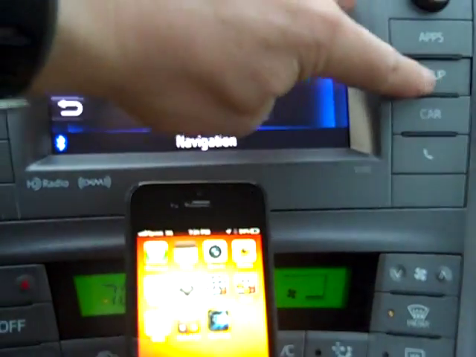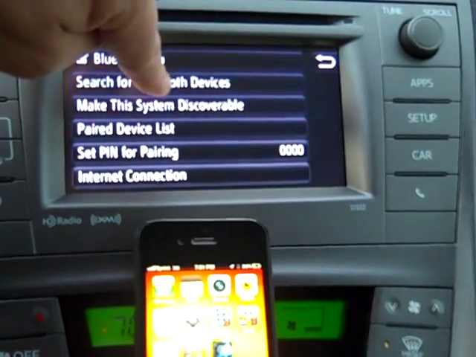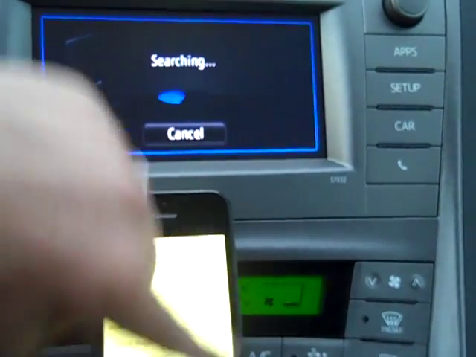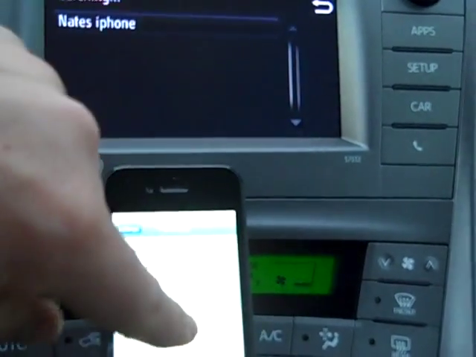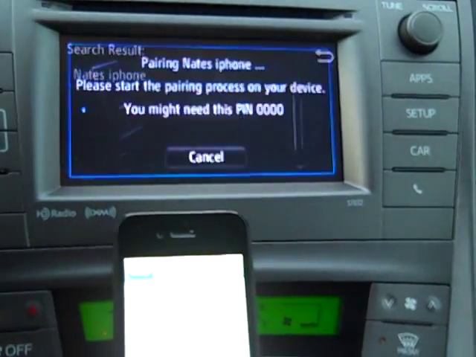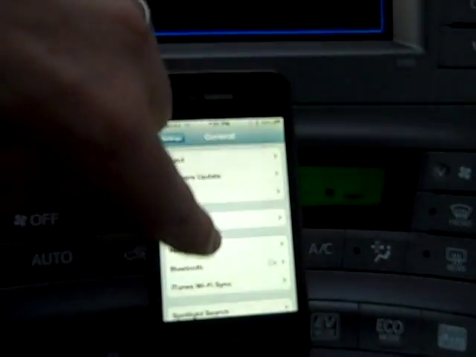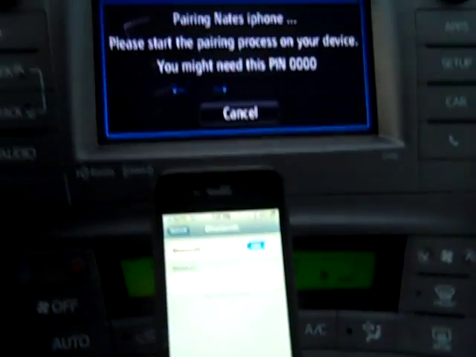First thing I'm going to do is go to Setup, Bluetooth, and search for Bluetooth devices from the car. That means I need to go into my device and make my device discoverable. So it would be Settings, General, and Bluetooth to get there. I'm going to select Nate's iPhone on the screen, and then on the screen of the phone it may or may not pop up a message because I'm not in the right screen. So Bluetooth, there we are. Again, select Nate's iPhone on the screen. We're going to select Pair